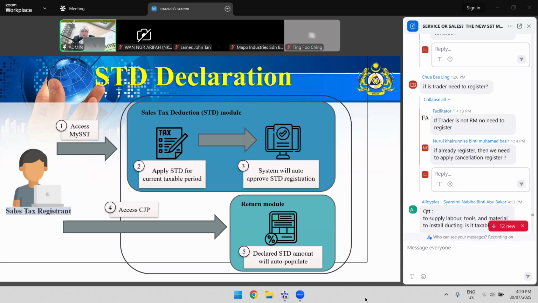Step 3, once the data is submitted, the system will automatically approve the STD registration as long as all conditions are met and the period is valid. Step 4, the user can access the CP204 or return module. Step 5, the declared STD amount will be auto-populated into the SST return form. This streamlines the process and reduces manual error. This automated flow ensures that valid claims are quickly reflected in your return, helping your business maintain compliance while reducing